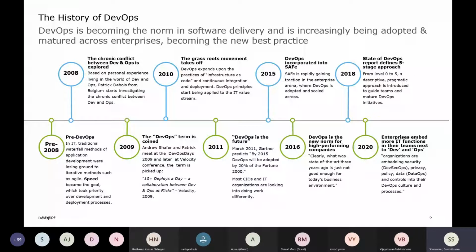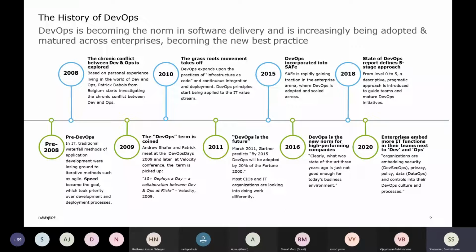It could be the life cycle, the manufacturing sector, or the research field, wherever it may be. The only thing is how it's defined, based on its principles and benefits. If you know these two terms, logically you can identify whether it's applicable in your scope or not. So, from 2008 till 2020, how enterprise organizations evolved this DevOps framework, and slowly it's increasing from